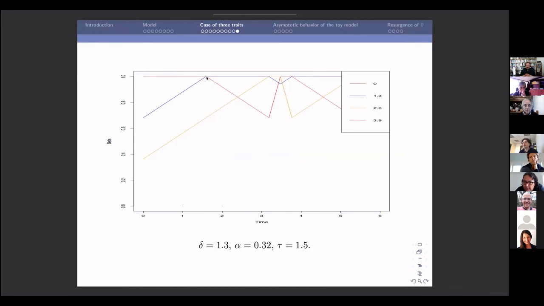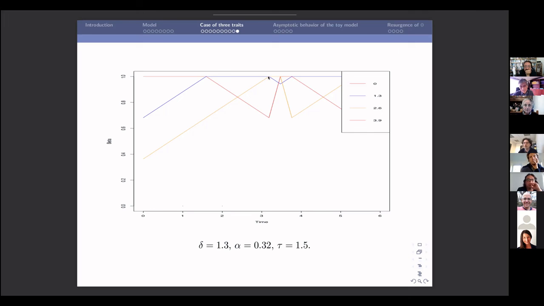And actually, if you have coexistence of the two, what you would expect is that these two can become equal to 1. And then we need to look at the time where you have 3 traits that have exponent 1, right? For technical reasons, because we use comparisons with branching processes and things like that, it's much harder to explain what is going to happen when you have 3 traits simultaneously equal to 1.